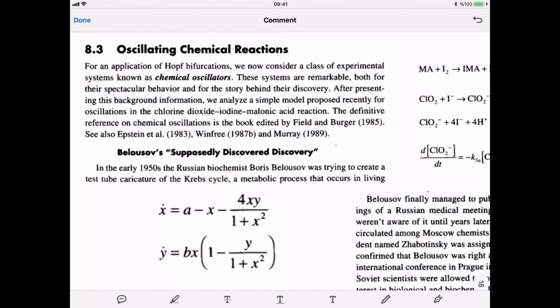Let me read. So, in the early 50s, there was this Russian biochemist, Boris Belousov. He was trying to create a test tube caricature of the Krebs cycle, a metabolic process that occurs in living cells. When he mixed citric acid and bromate ions in a solution of sulfuric acid and in the presence of a cerium catalyst, he observed to his astonishment that the mixture became yellow, then faded to colorless after about